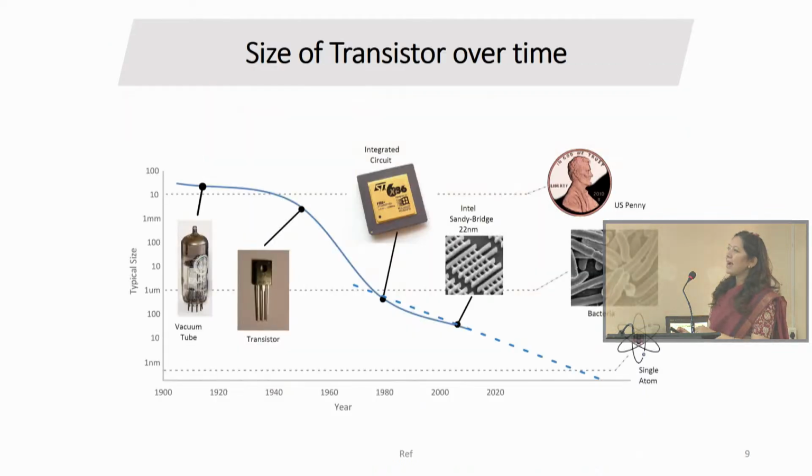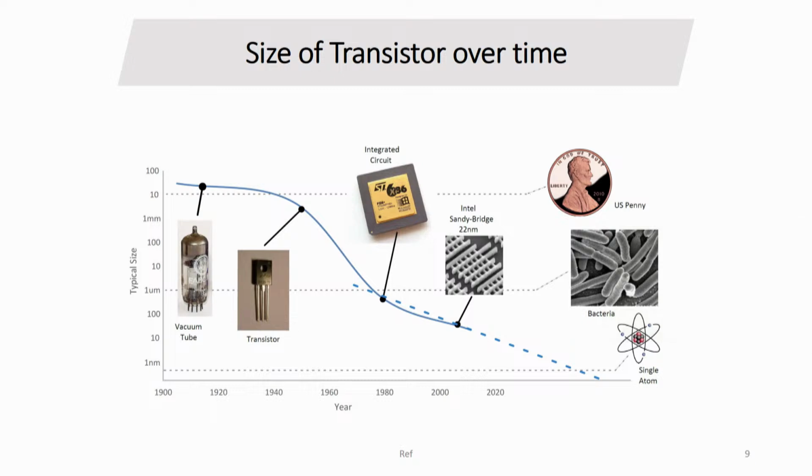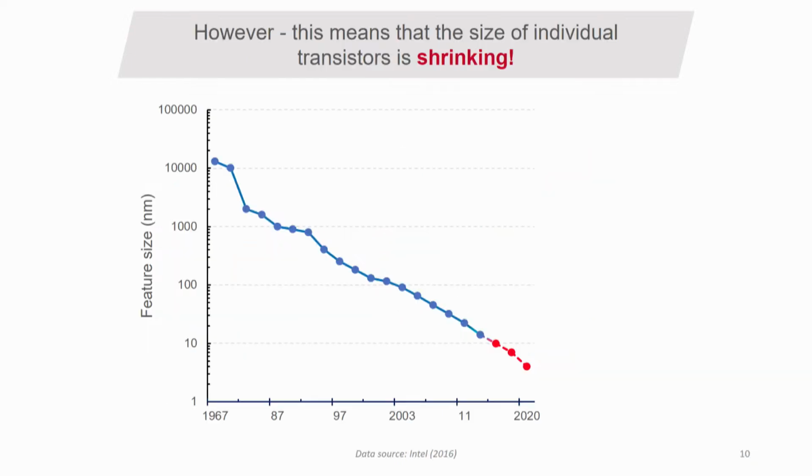If you see the size of the transistor over time, the typical size is mentioned on the y-axis and the year on the x-axis. By now we are at the limit of a single atom. We cannot go beyond that, right? You can miniaturize a thing, but not beyond the limit of the atomic scale. So we are here. Now what is next? We need to miniaturize, we need to increase the speed, we need to store more data, we need to make things work, we need to make things connect, but what do we do for that?